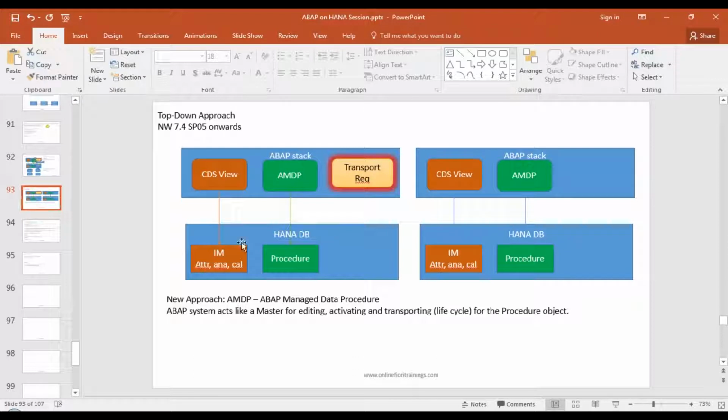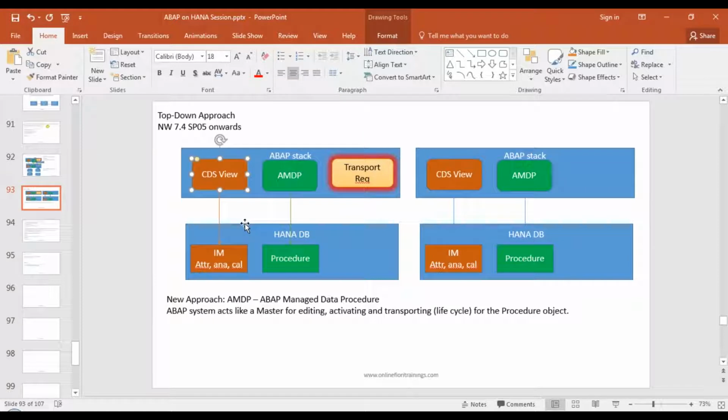So by far we saw how typically we have a procedure, and that procedure can be converted to an ABAP managed data procedure. Now, how can we make use of a view, which we were creating so far in HANA DB as information models, and how can that be simplified using the CDS view concept?